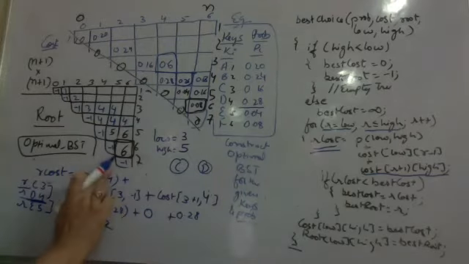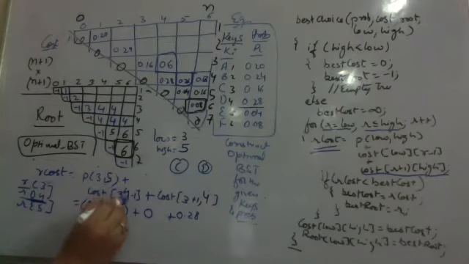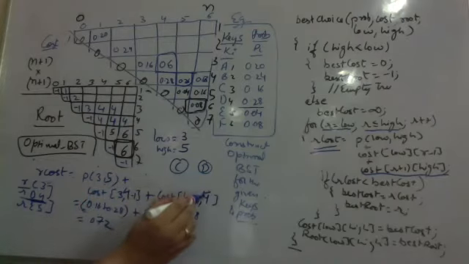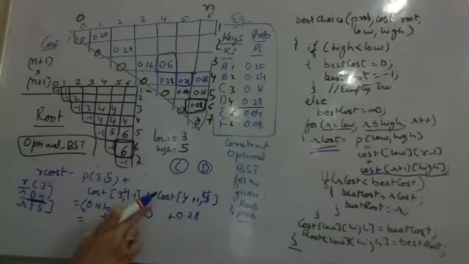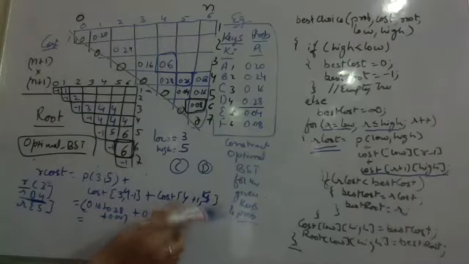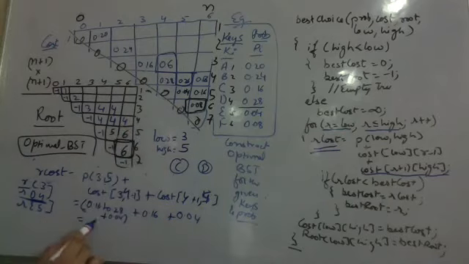And for only the root is equal to 4, 3 to 5 के बीच में आप calculate करोगे. The root is 4 and high is 5. So the cost you need to calculate क्योंकि आपको टेबल में भरनी है आगे के लिए. The cost will become this plus cost of 5, which is 0.04. Cost of 3, comma 3 comes out to be 0.16. Cost of 5, comma 5 comes out to be 0.04. So this comes out to be 0.48, 0.68.